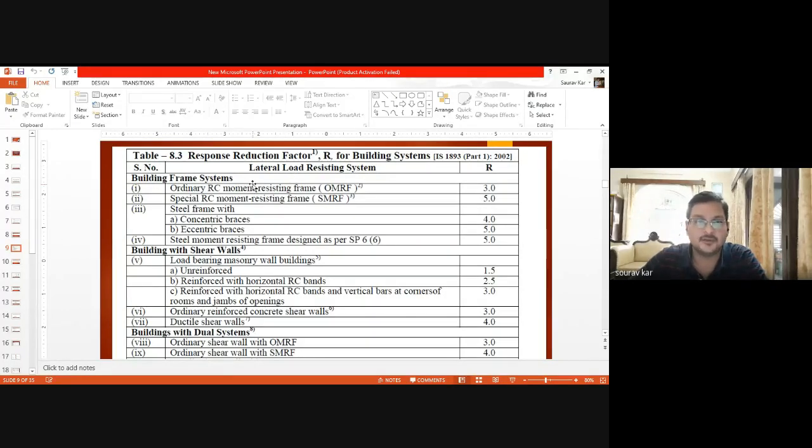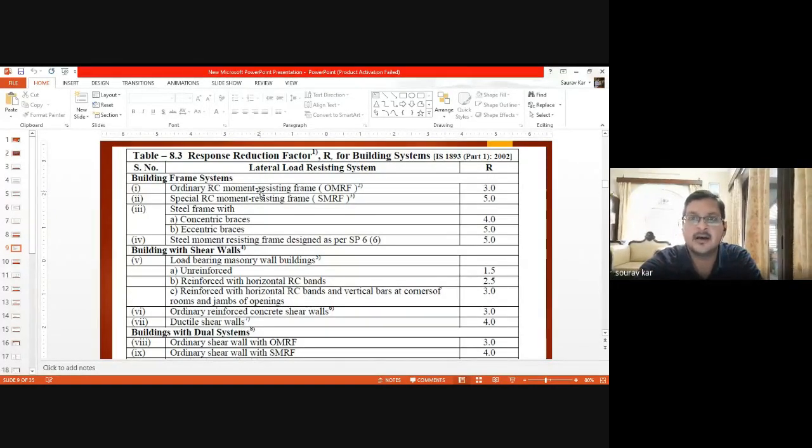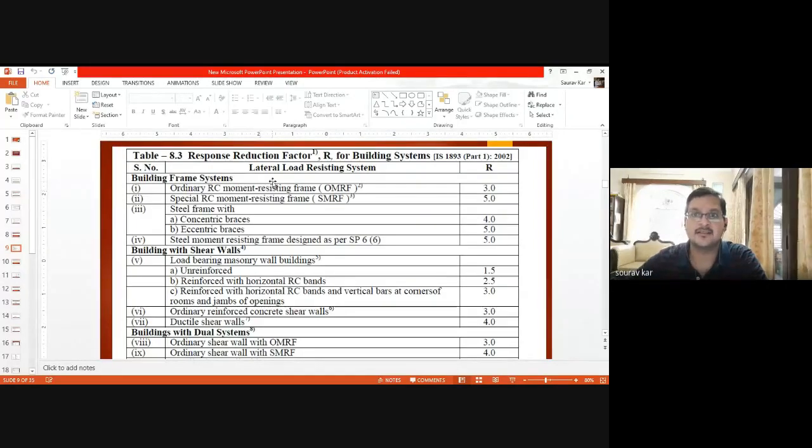For normal building frames, we have the ordinary RC moment resisting frame, OMRF, for which the response reduction factor is 3. OMRF is basically the frame building which we design according to the IS 456:2000 code.